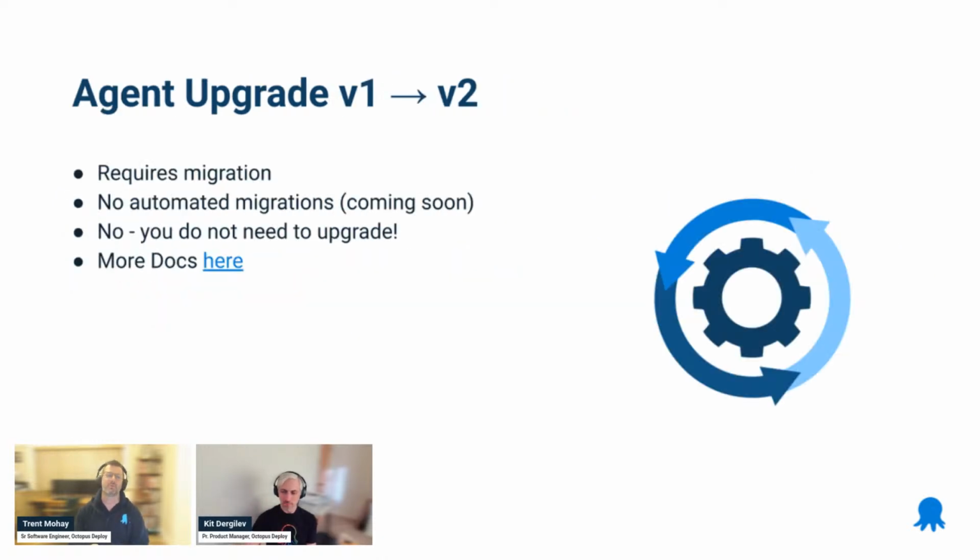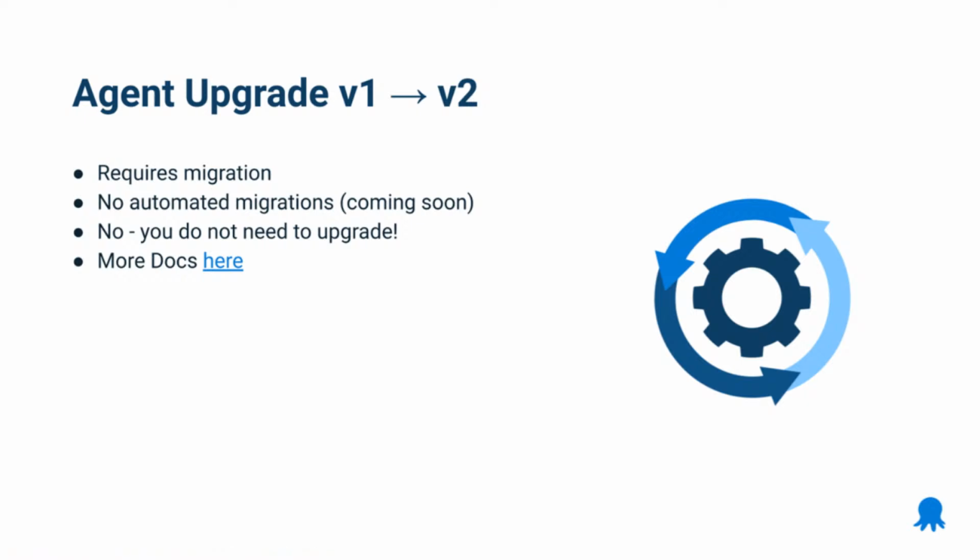Agent upgrade V1 to V2. Okay, so agent V1 is where it's just a deployment target, right? It didn't have any worker capabilities. V1, V2, we're talking about the version of the Helm chart. So V1 was just the deployment target. It had none of this worker capability. Then we went and put worker capability into it and went, we really should restructure our Helm chart, which means